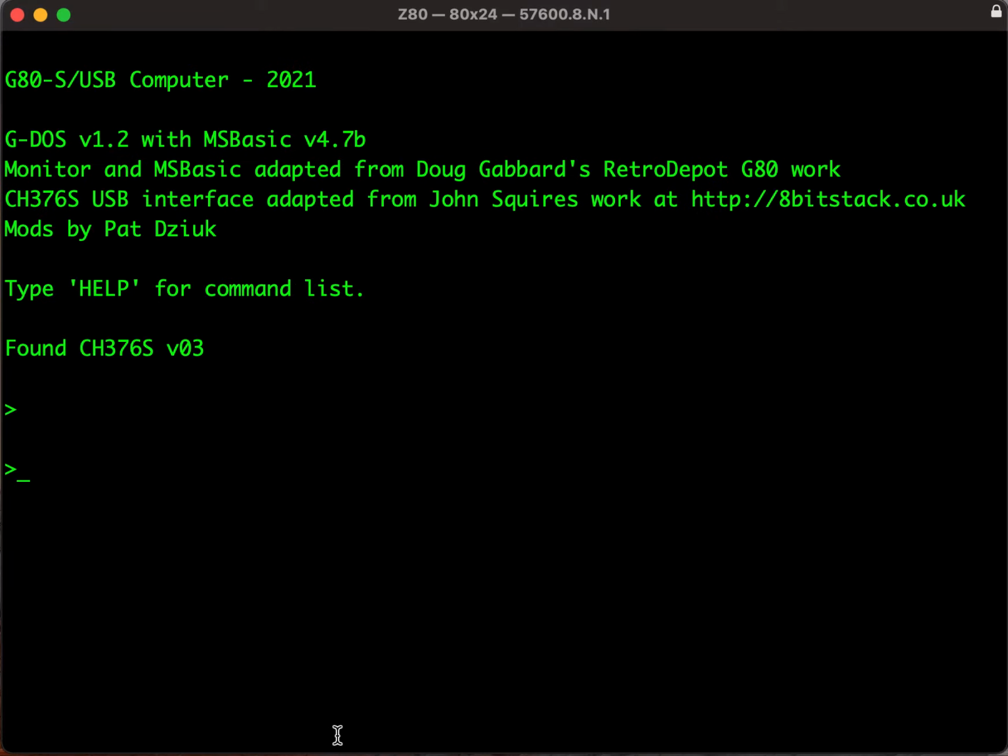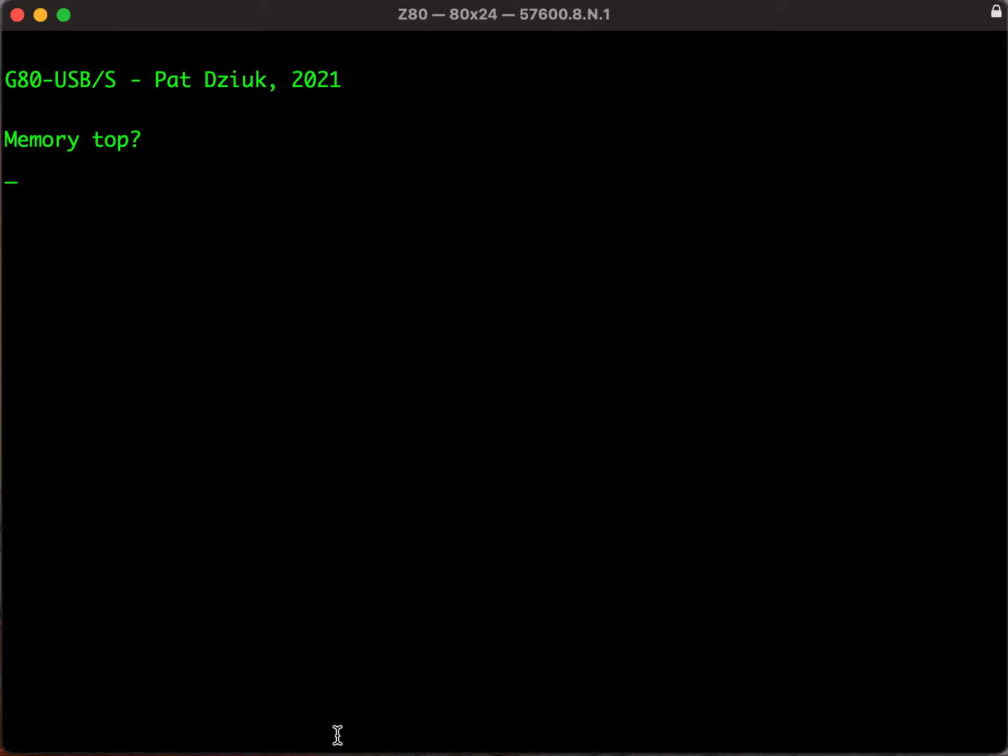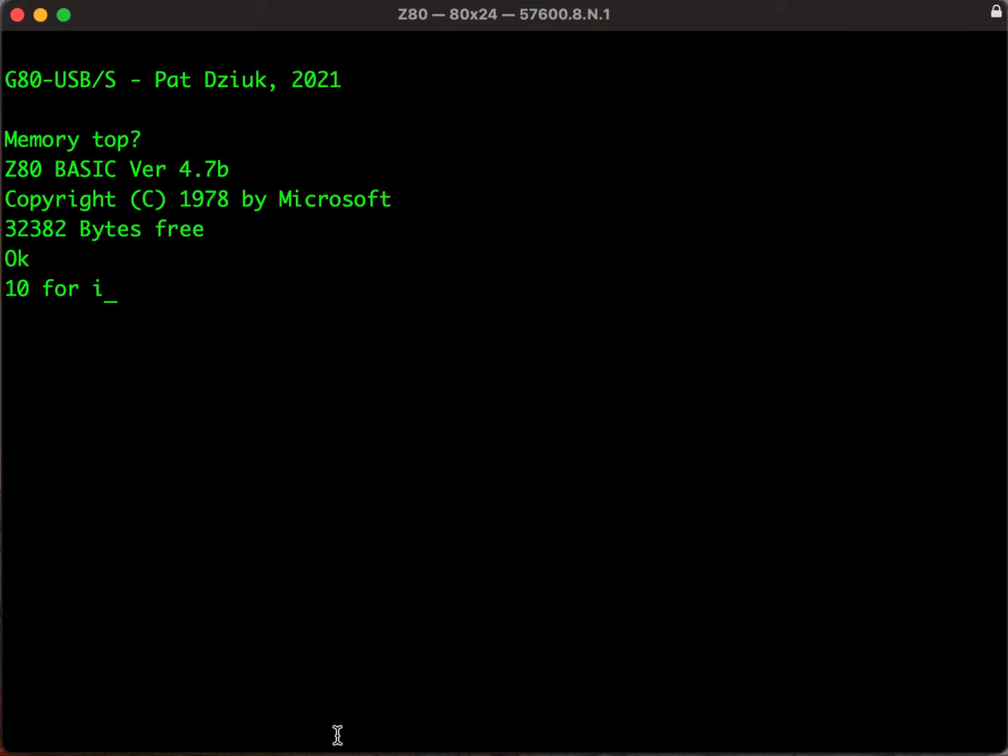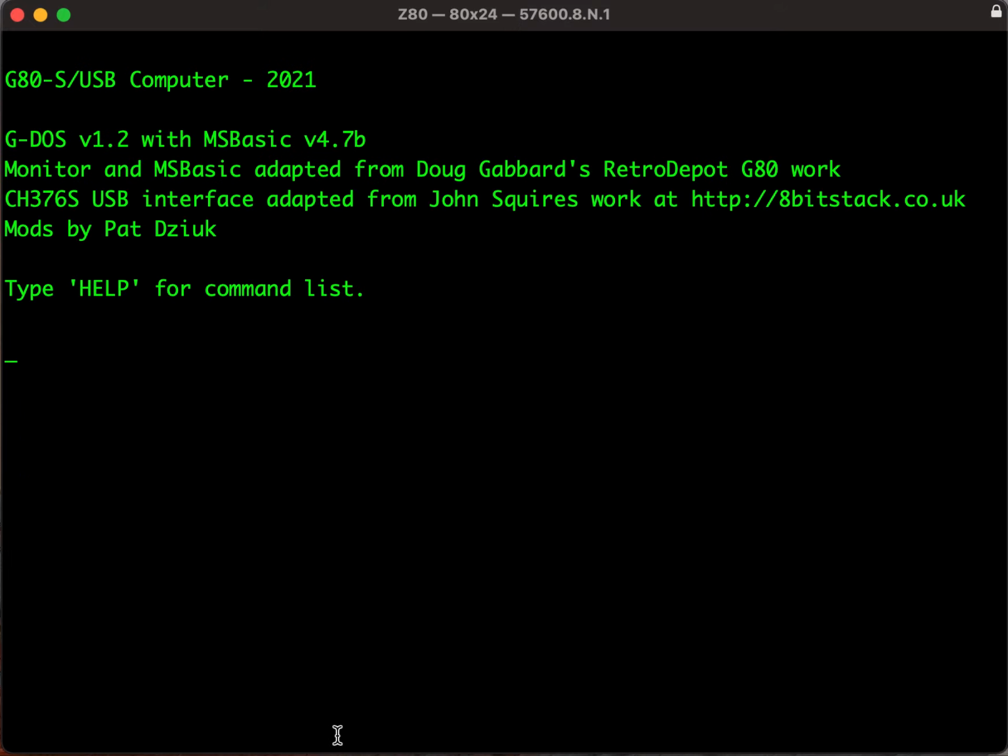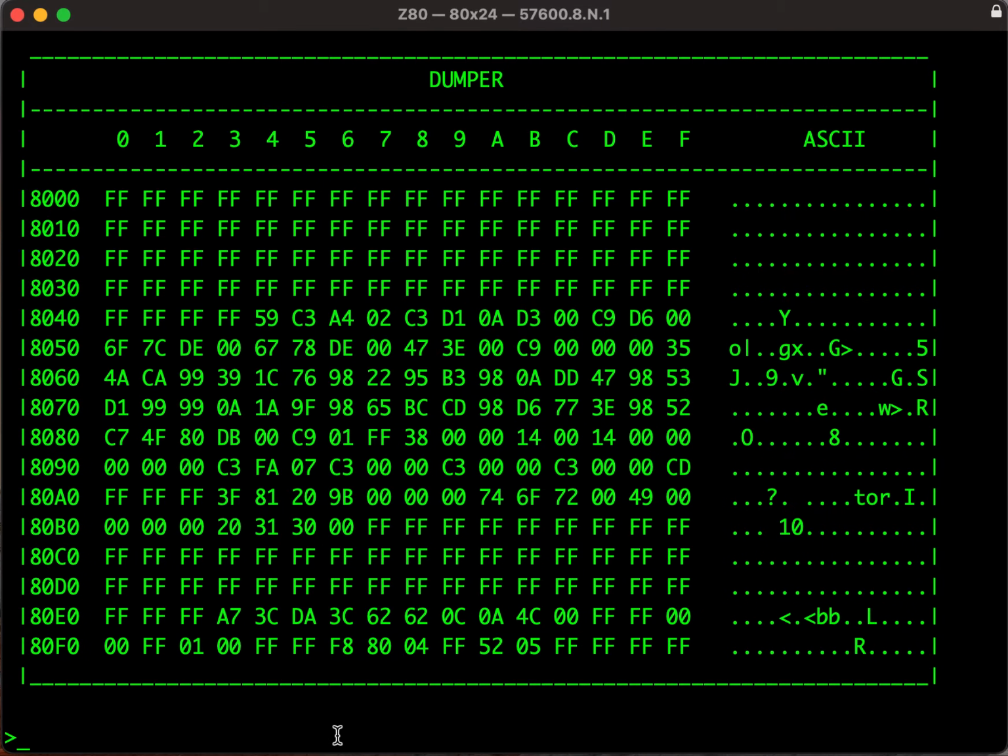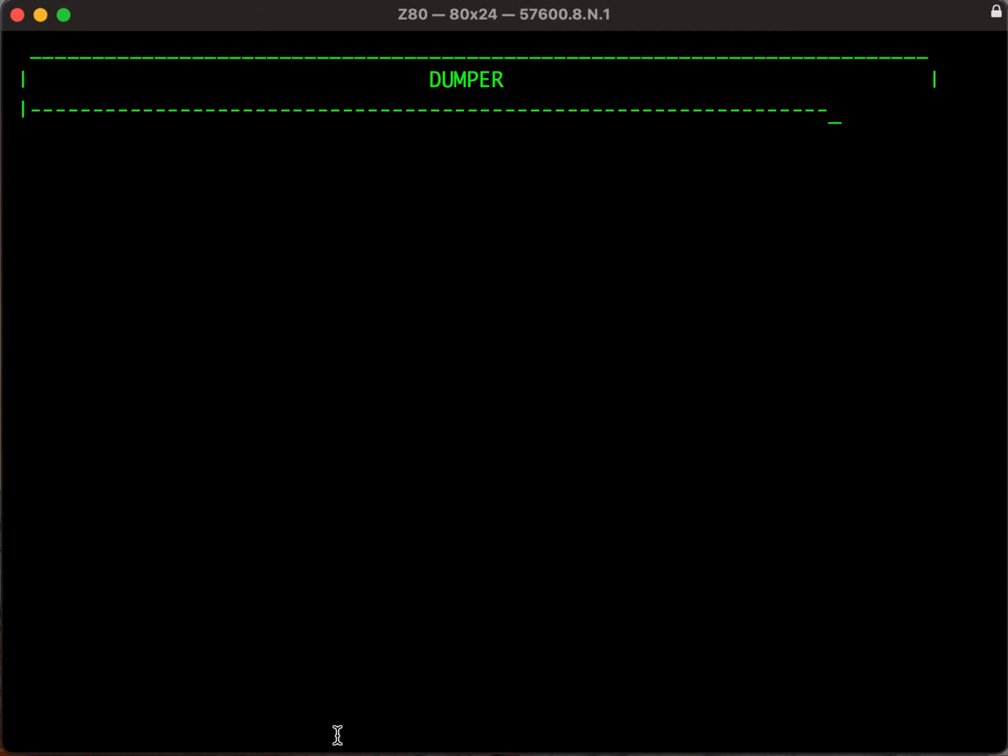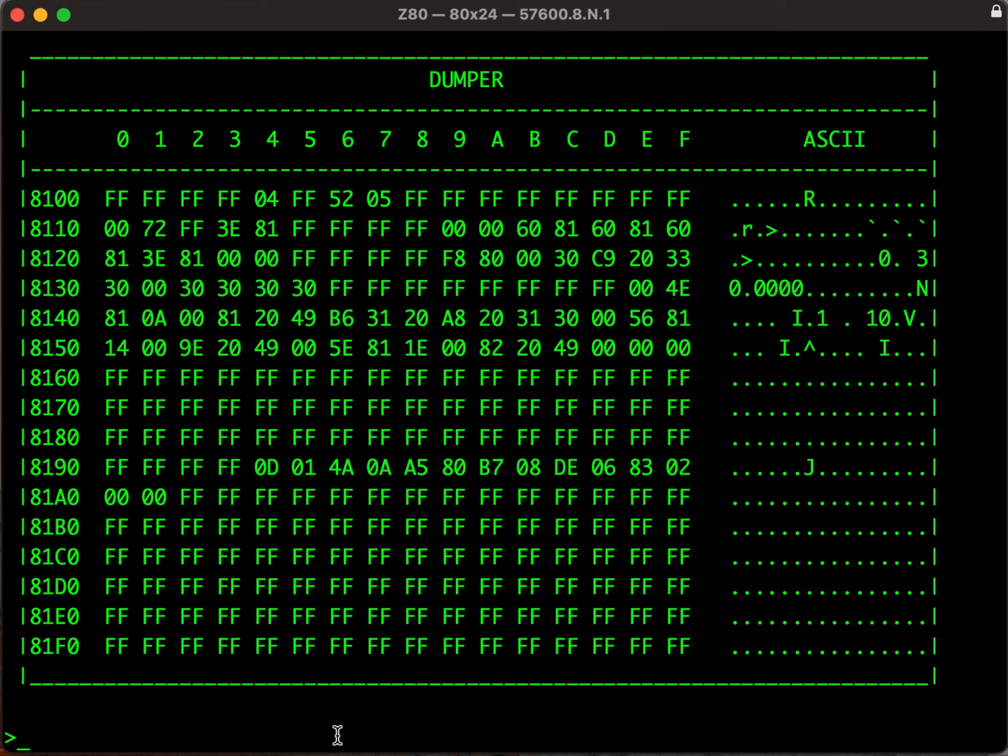Again, we could do a monitor, and I can do a RAM clear, and then Basic, and then if I type in that program again, so there's my program. Go back to the monitor, and if I dump the 8000, then I dump the 8100, and now I can do a save. Just going to call this